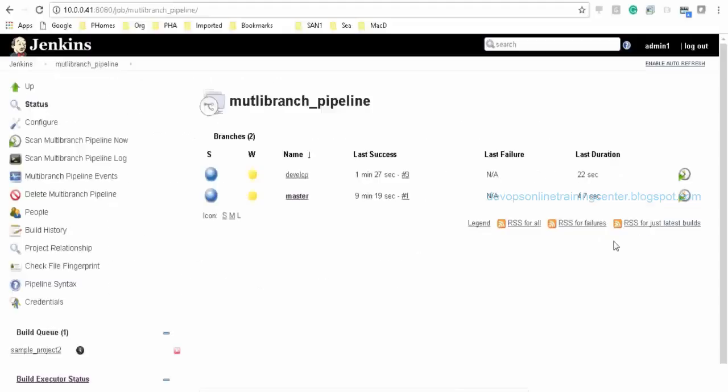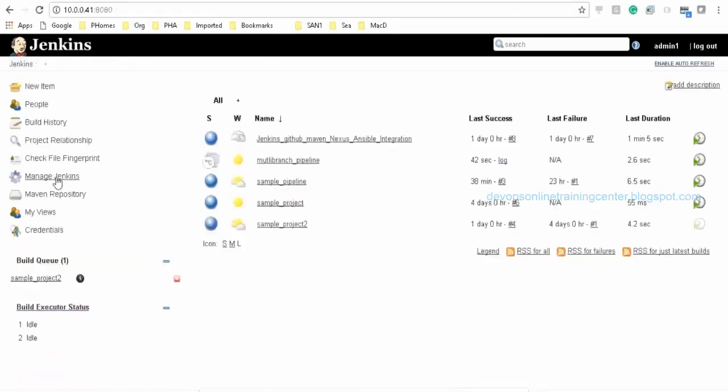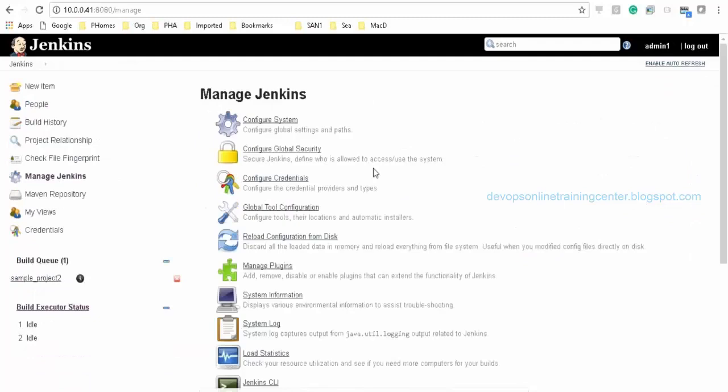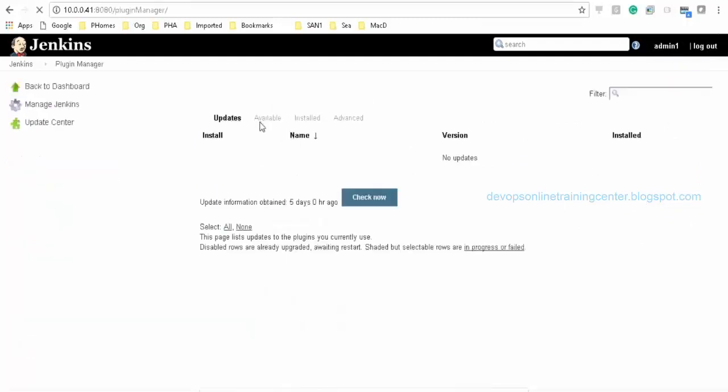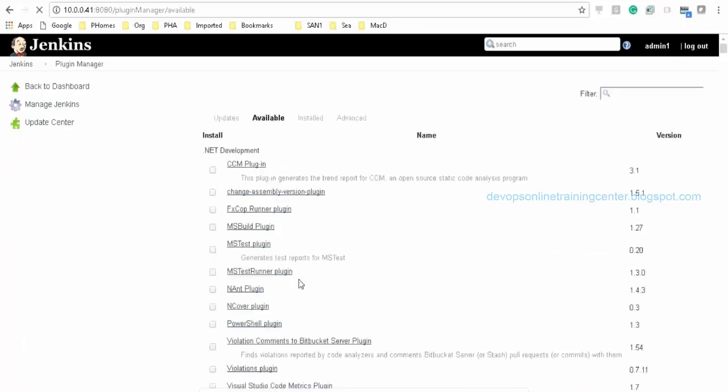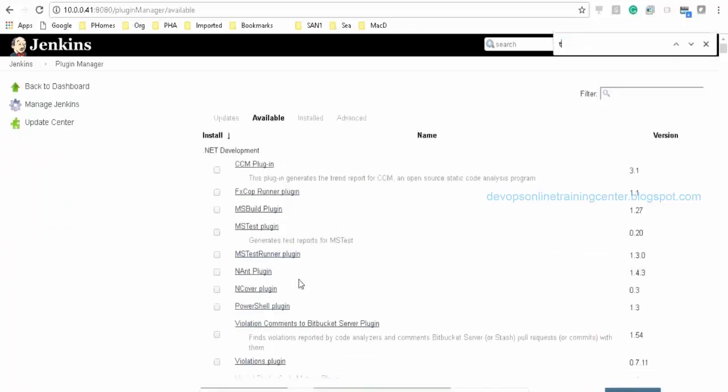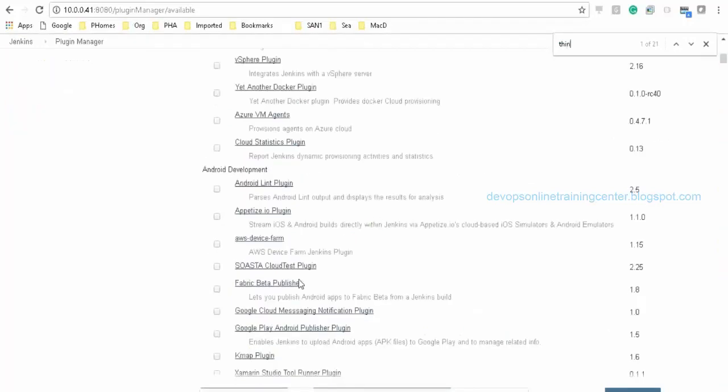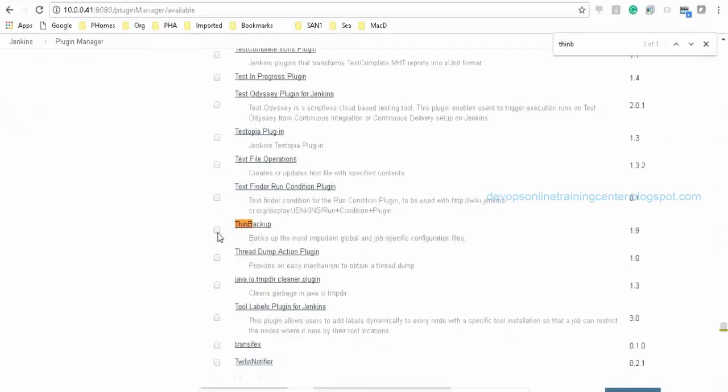So thin backup is also a plugin. Simply you can go here to manage Jenkins. This is at the job level.